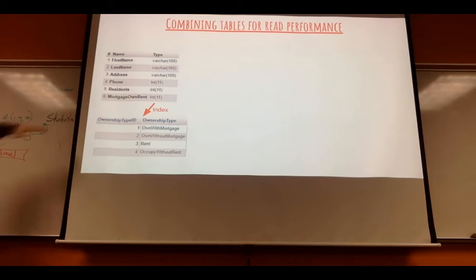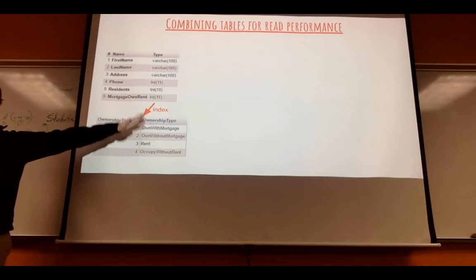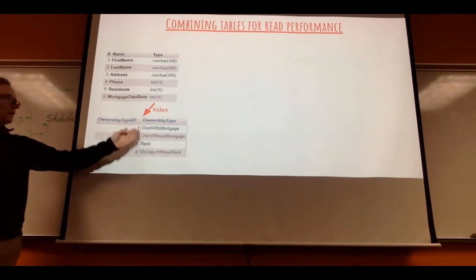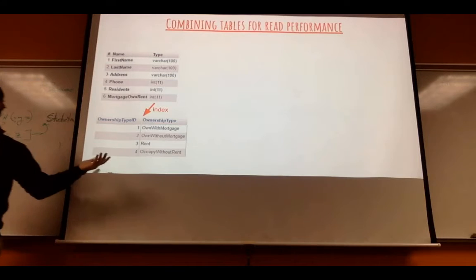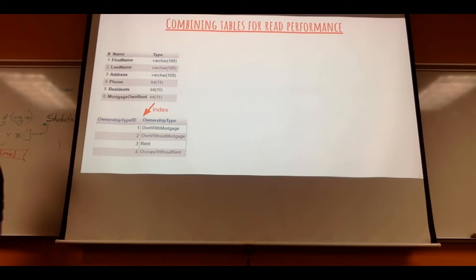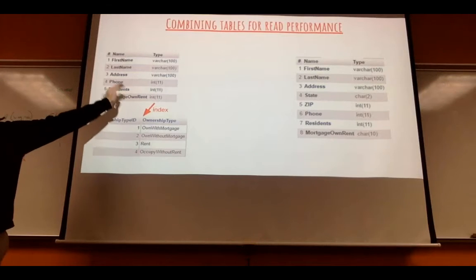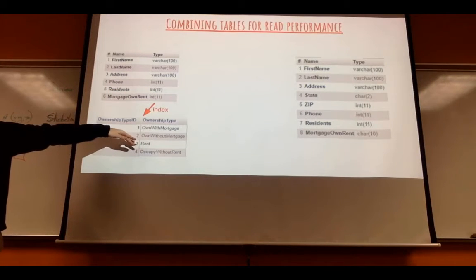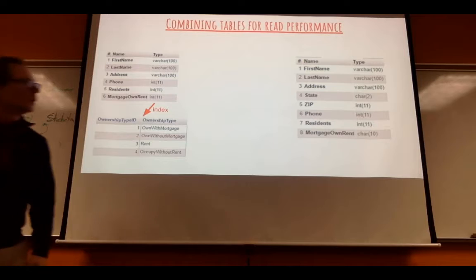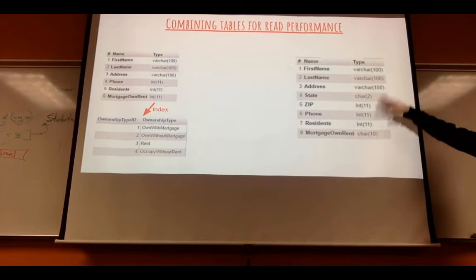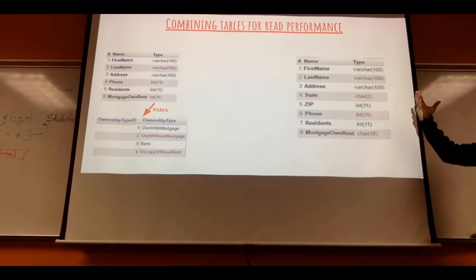So you don't need to do things like splitting out this. It's not going to change the size of the database significantly to have, one versus a little bit of text. So you might as well just keep it in so that you don't have to join these two tables, right? On the other hand, you might want to split it out a little bit more because in census data,